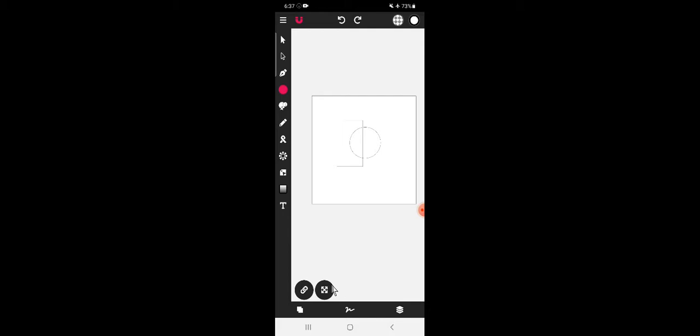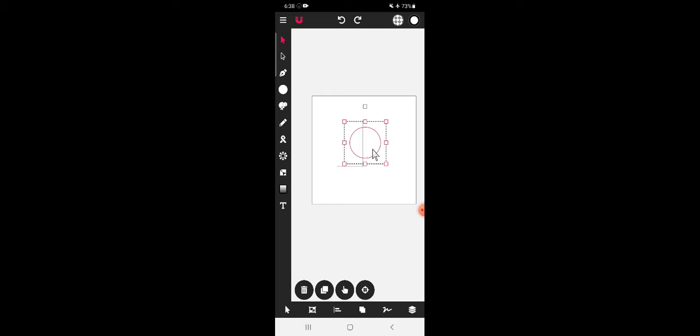So here I have used two shapes. In Vector Ink, the shape which needs to be cropped should be selected first, and the shape you are using to crop it should be selected later. We want to crop this circle using this rectangle.